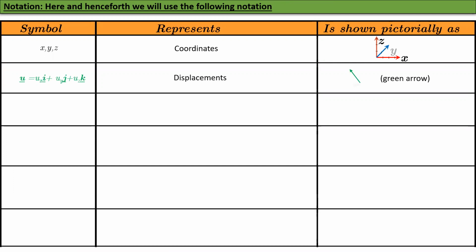And typically we will try to use green arrows for it when we draw it. We may not always do it, but it's a general idea. When you see PX, PY, PZ like that, this is external forces on a beam or a rod. And typically we'll use blue arrows for external forces. CX, CY, CZ is external couples or moments or torques on a beam or a rod.